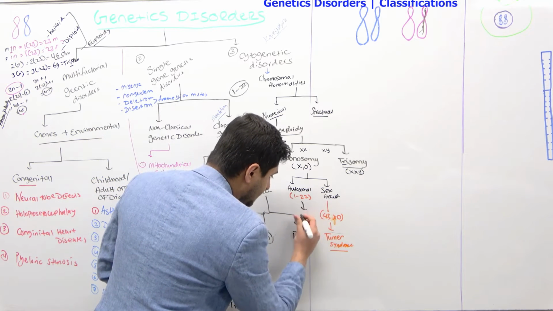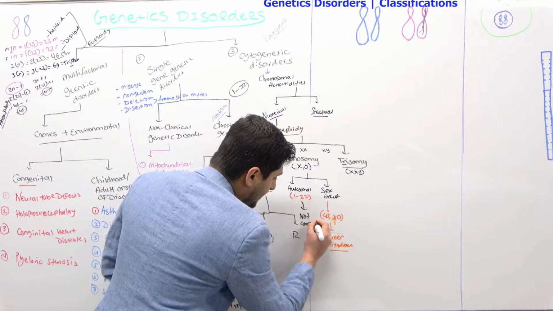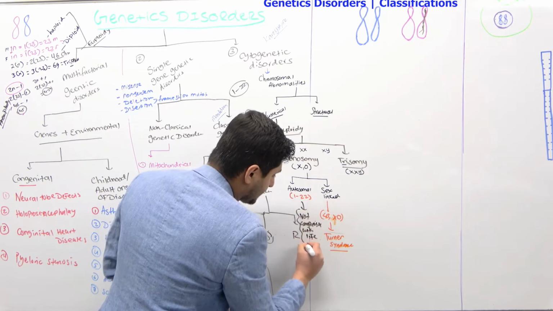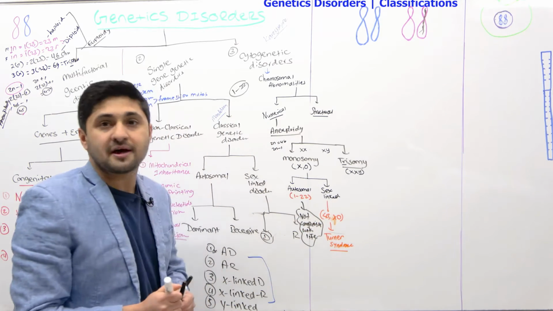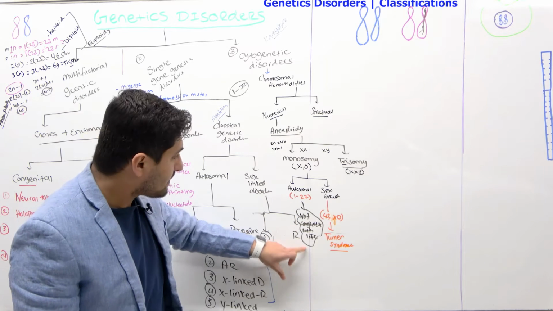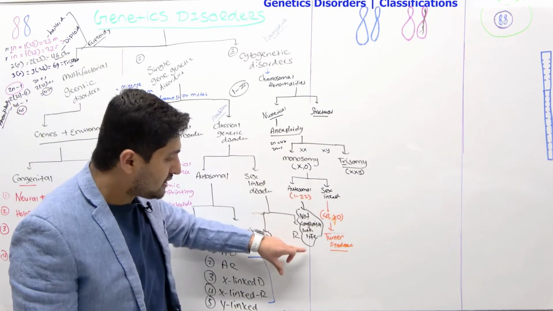It's not compatible with life. Please remember this. It is very, very important that you must remember this. It's not compatible with life. It's because, remember, the reason why it's not compatible with life, the monosomy, this autosomal aneuploidy, it's not compatible